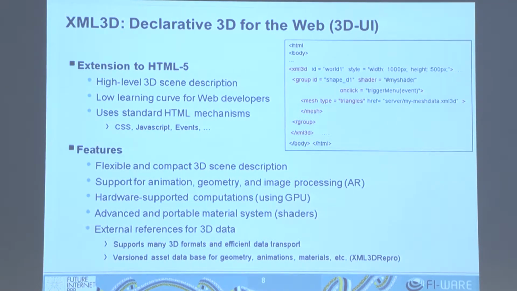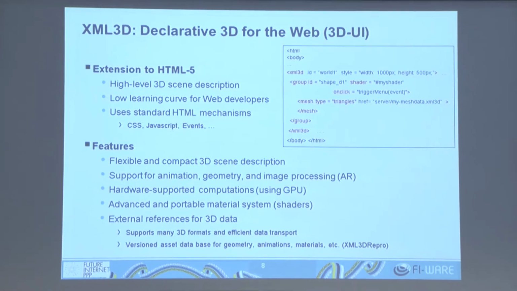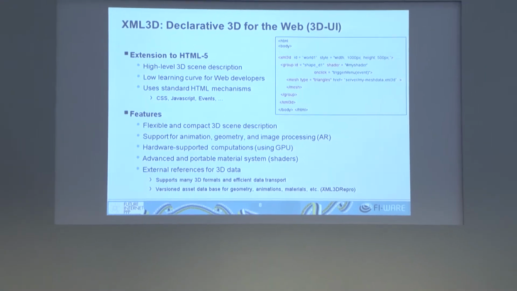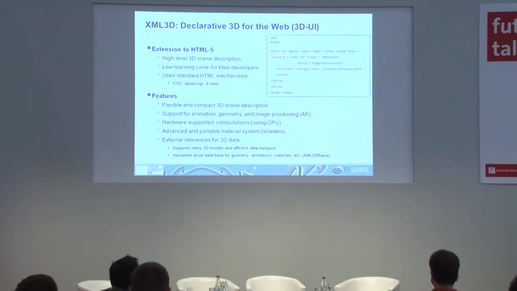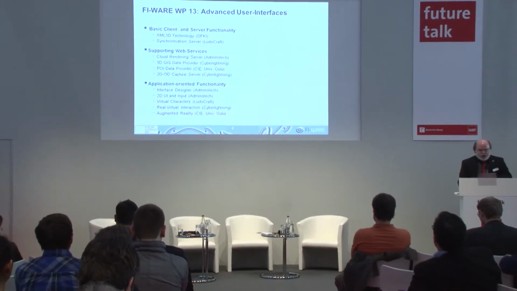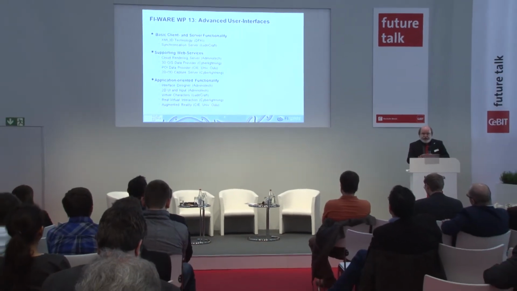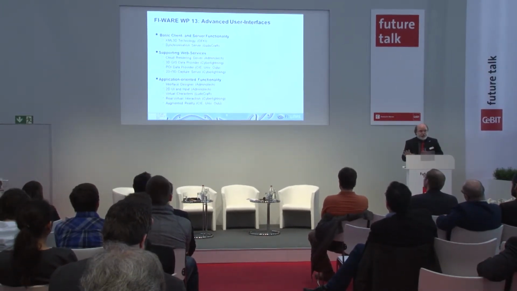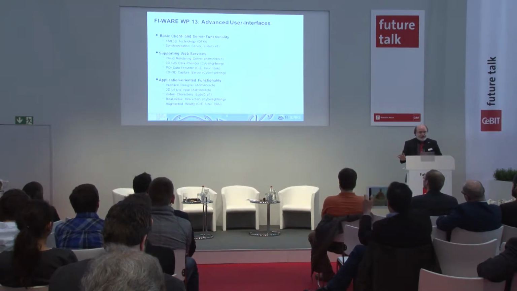There's image processing for AR. A lot of the things are hardware supported using the GPUs, also working on mobile devices. We have a new, very powerful advanced portable material system, so you can assign optical materials like the textures and things to an object, and it will render both on the web browser but also in high-end visualization systems, and so on. So XML3D is kind of the core technology for getting 3D data into the browser itself, but